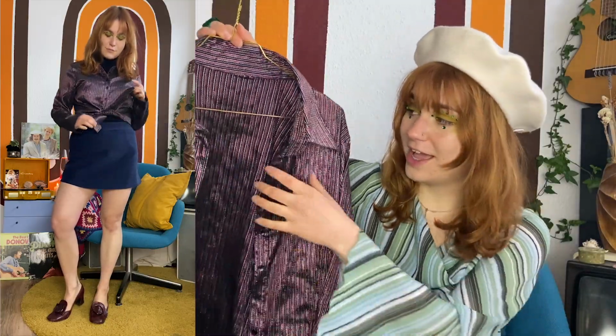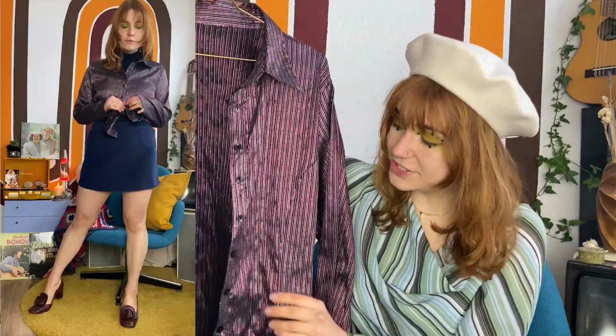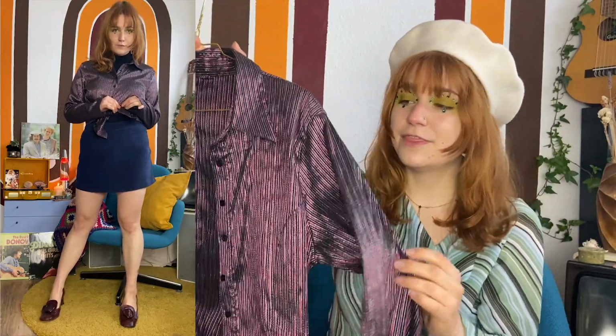I layered it underneath this super funky button-up shirt. I absolutely love it. I love the silver detailing of this, and I just think the blue in this matches the blue of the turtleneck perfectly. So because that button-up shirt is so loud, I just went ahead and paired it with this very simple suede vintage mini skirt. I feel like a turtleneck and the mini skirt is a great look on its own, but